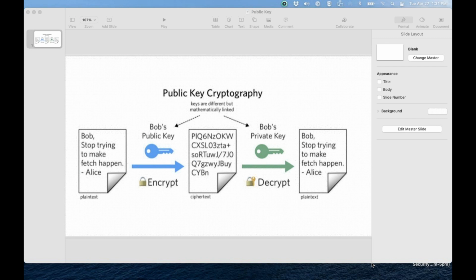The problem with that is it requires a pre-existing relationship between the sender and the receiver. So think about how we buy stuff online. You're going to Amazon for the first time. You don't want to have to wait a week for Amazon to send you a special key to use in your communication session. But that's all we could do up until the first publicly released what's called public key cryptographic algorithm,